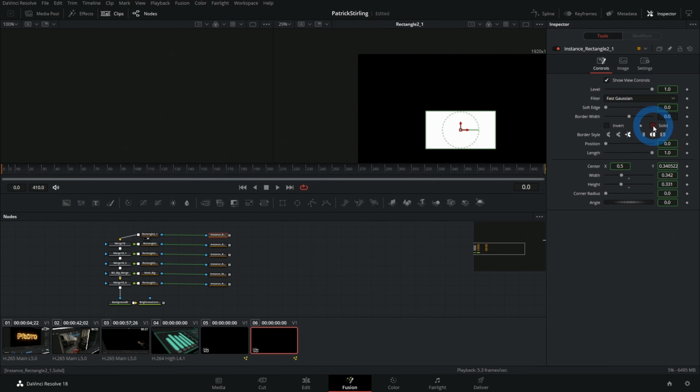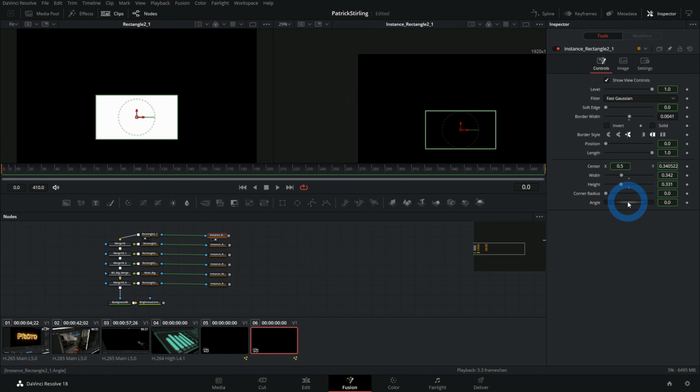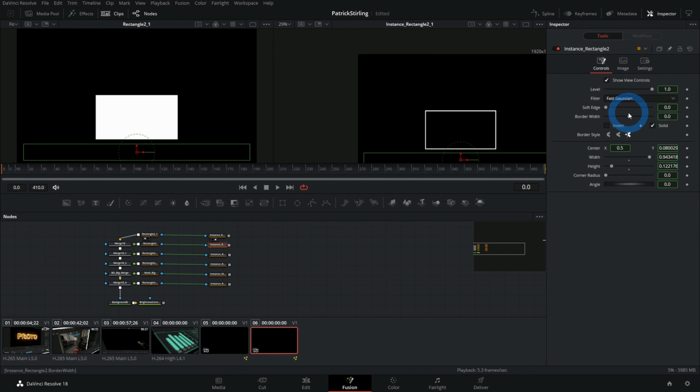And if I uncheck solid, make sure I am previewing the right one, pull up border width, then, hey, now that's just an outline, but the original mask stays exactly the same. So I'll pull those two up separately. But the power of instance nodes is that if I change any of the other parameters, those are linked. So if I want to change the width of this shape, I am changing the width of the outline and the width of the background node. So very quick, I'm going to do that same process of the instance,